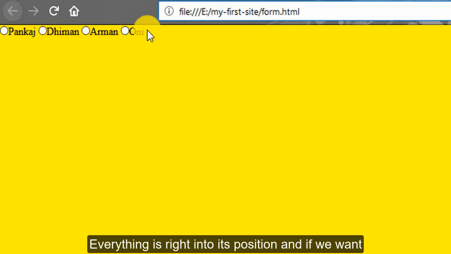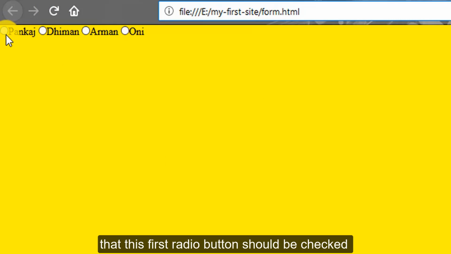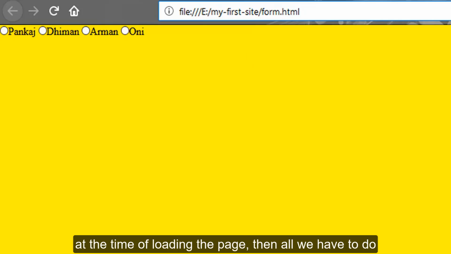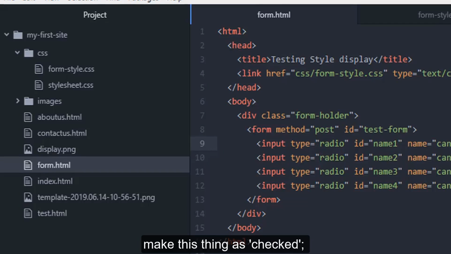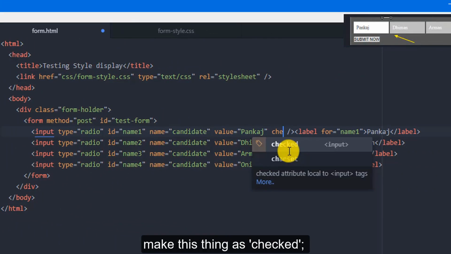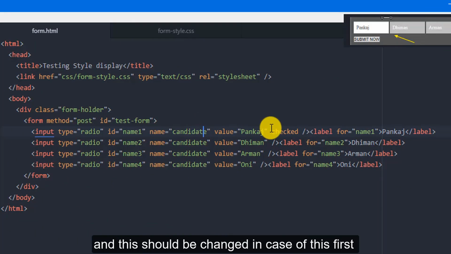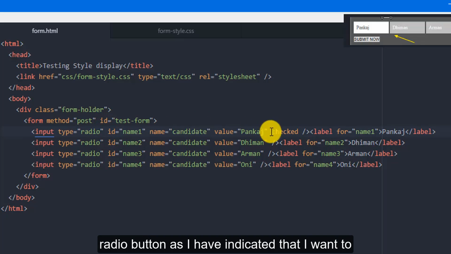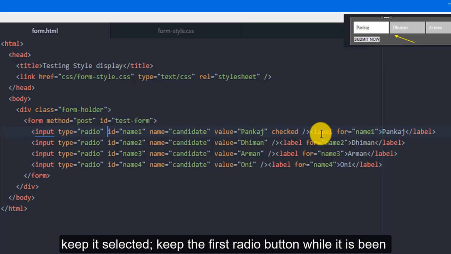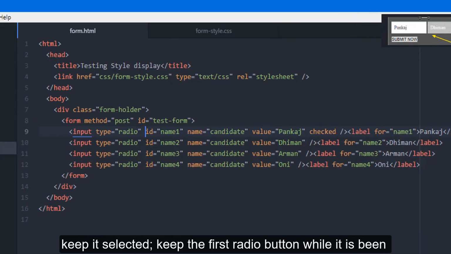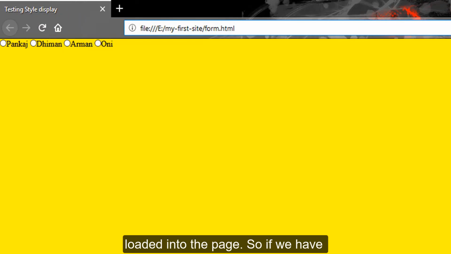Everything is right in its position, and if we want this first radio button to be checked at the time of loading the page, then all we have to do is make this checked in the case of this first radio button, as I have indicated that I want to keep the first radio button selected while the page is being loaded.